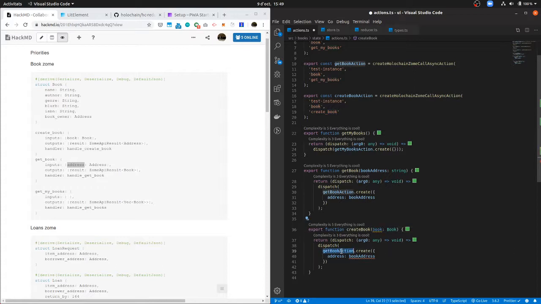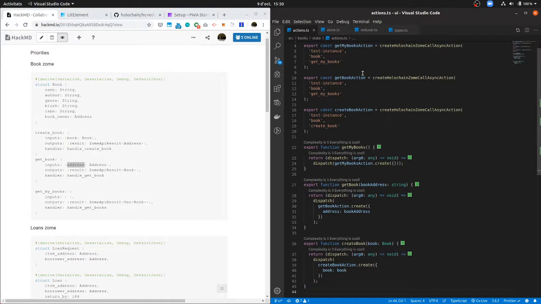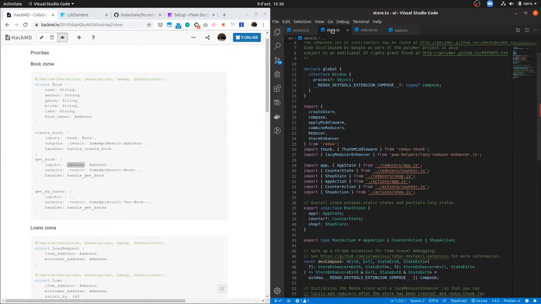Okay, and now here create book action, and the book, it's this book here. Okay, I think we are a go for this file, and then not in the store, in